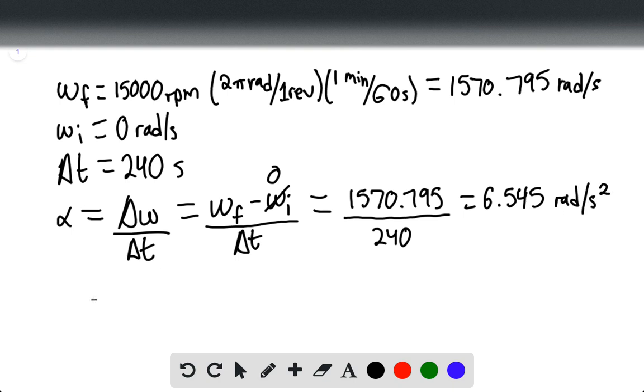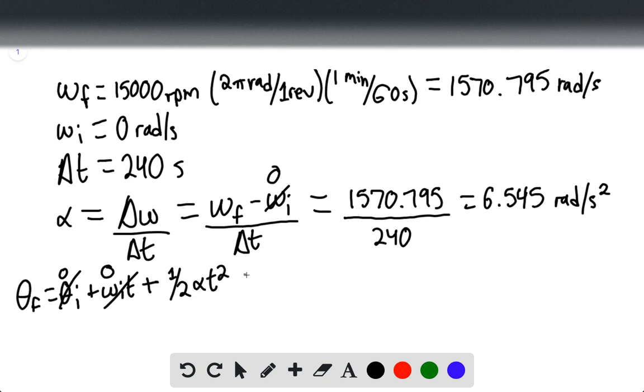We can then use angular kinematics in order to find the final angular displacement. So theta final equals theta initial, which is 0, plus omega initial t. We know that this is going to be 0 because the initial angular velocity is 0 radians per second. And this will be plus 1 over 2 alpha t squared. So this is going to be simply equal to 1 over 2 times alpha, 6.545, times time squared, so 240 squared. And this will equal